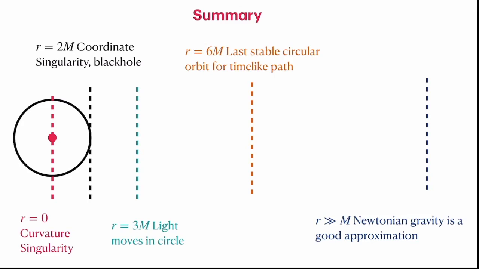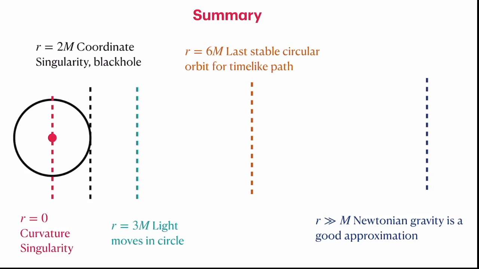Now the Schwarzschild radius for the Sun would be around 3 kilometers, and that is very small compared to the size of the Sun. The Sun's radius is a few hundred thousand kilometers, of the order of the Earth-Moon distance. Now we have r equal to 3m and r equal to 6m, the last stable circular orbit. When it comes to planetary motions, we have various planets. Mercury is the one which is affected most by relativistic correction, and that we will calculate in the coming lectures.